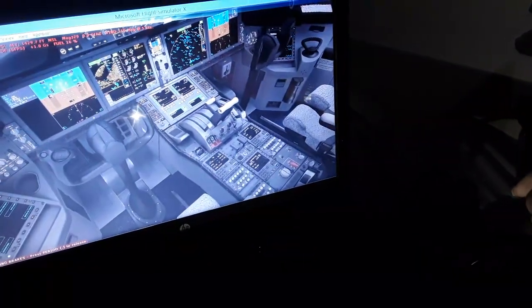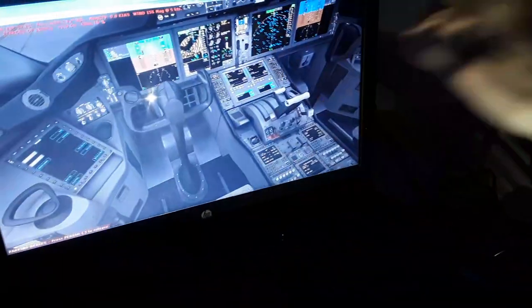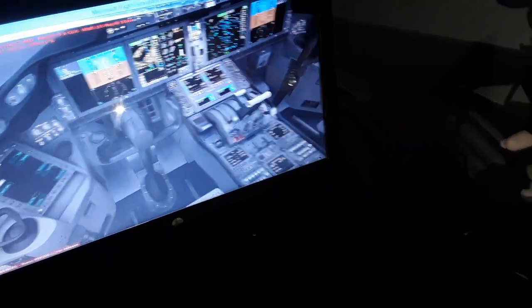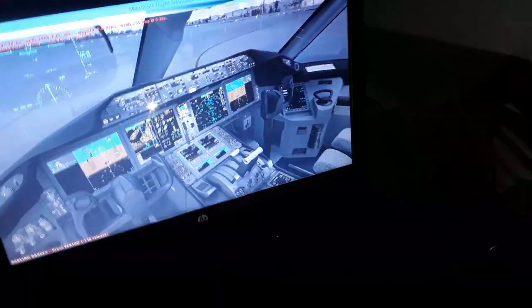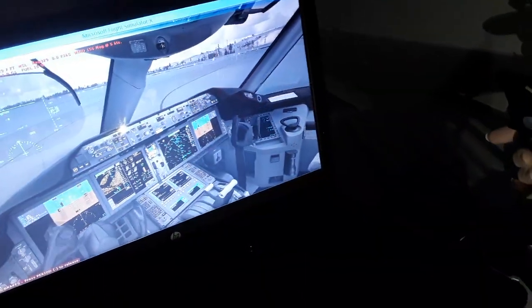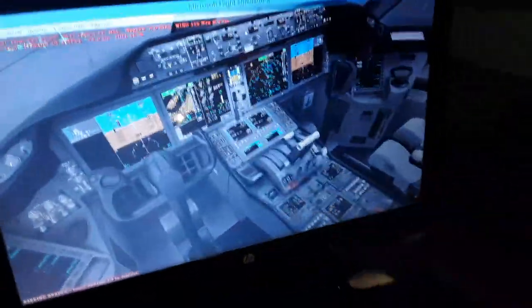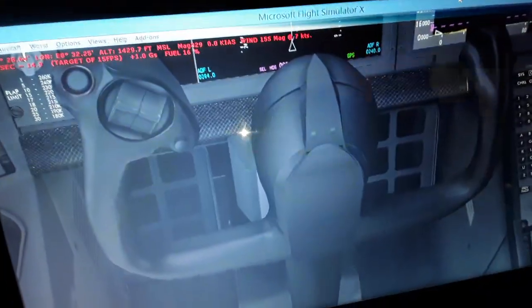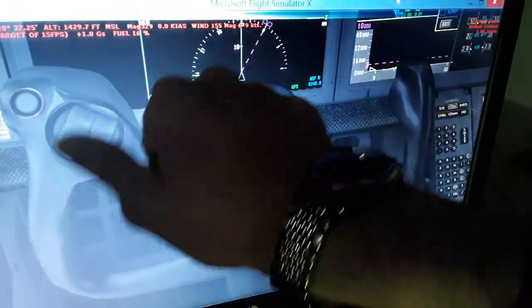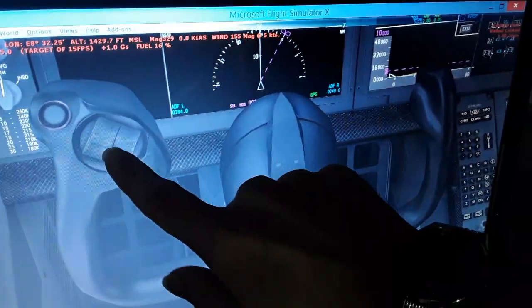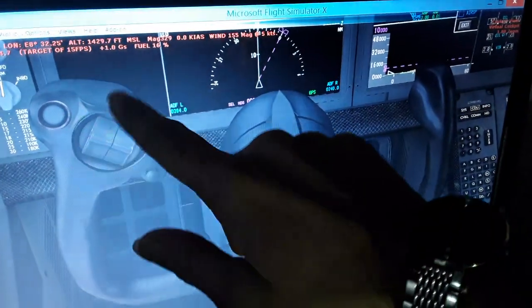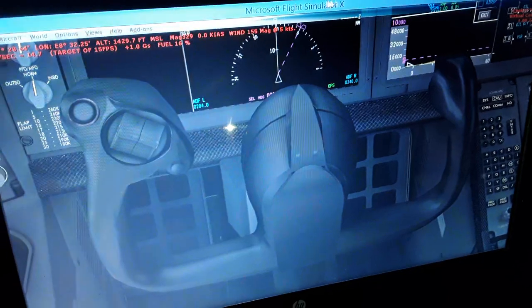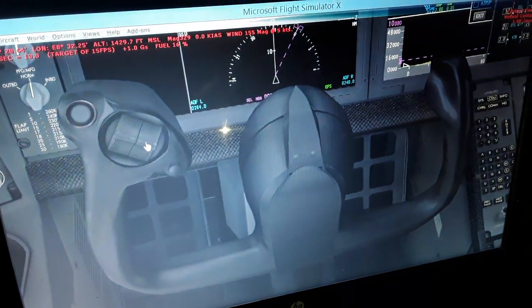Also the nose wheel steering is connected with the rudder pedals, you will see. So we climb, we descend, the side stick back and forth for the yoke of the Boeing aircraft. Also the control wheel like this. Also we have the horizontal tail trim stabilizer over here. We can trim the elevator as we fly. So this way we trim the elevator of the aircraft up, we pitch the aircraft nose up, and this way we trim the elevator down, we pitch the aircraft nose down. So this is the elevator trim system,